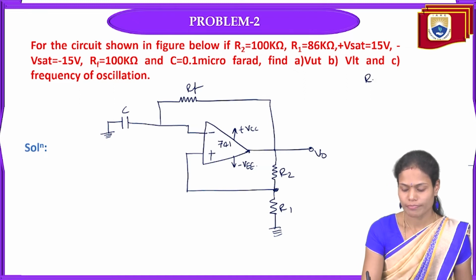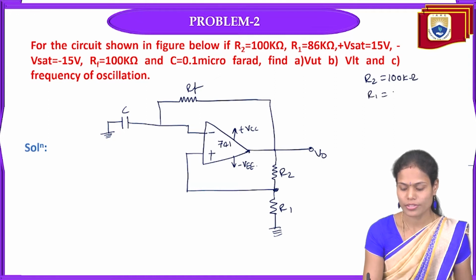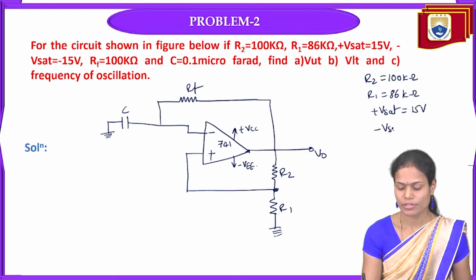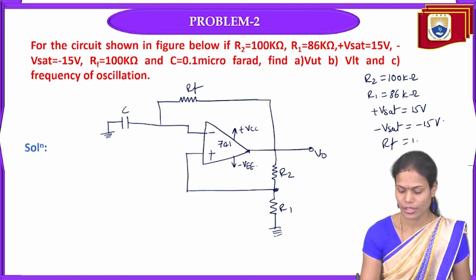That is R2 resistance 100 kilo ohms, R1 resistance 86 kilo ohms, plus V saturation is plus 15 volts, minus V saturation is minus 15 volts, and the feedback resistance is 100 kilo ohms, and the capacitance value is 0.1